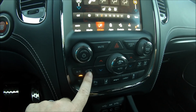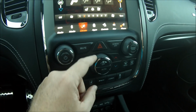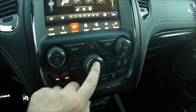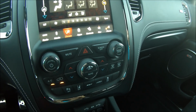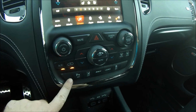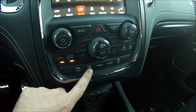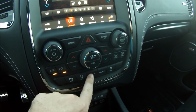So you have your AC mode, your air conditioning, recycling, temperature modes on either side of the fan speed knob, which is here in the middle. You can push the lower section to turn it to automatic, push the top button to turn it off, or you can control your front and rear defrosters as well. But below that, you do have a few little interesting buttons to go through. You do have your rear park assist and lane keep assist and lane departure warning that you can turn on and off. But then you have a couple of them here that are